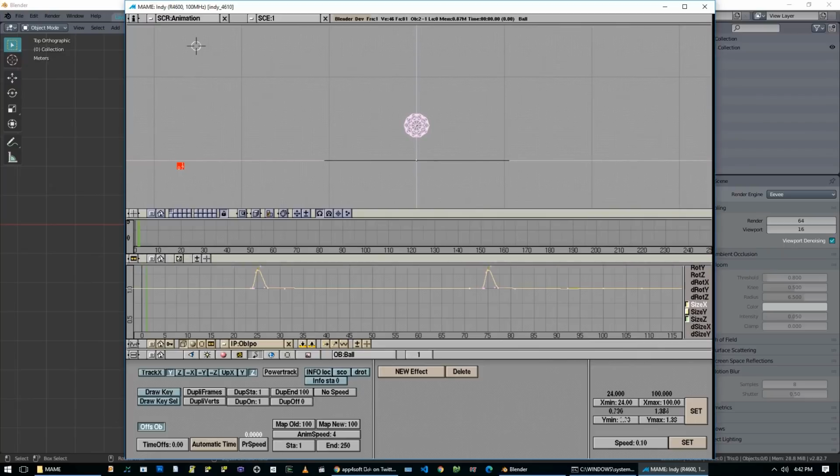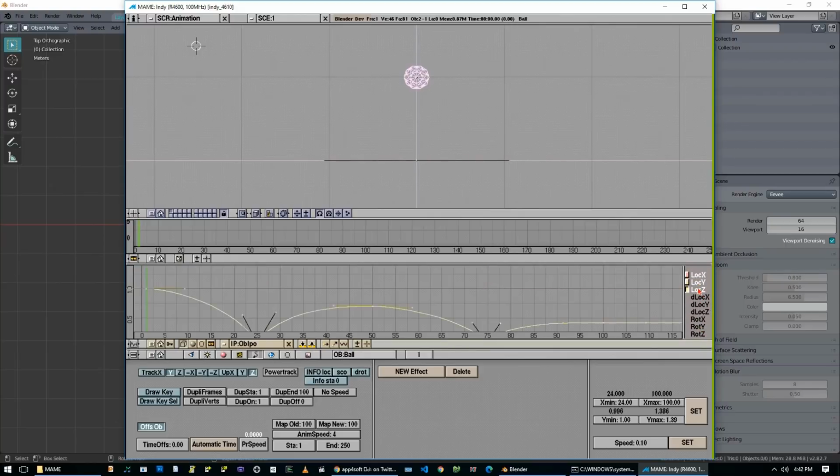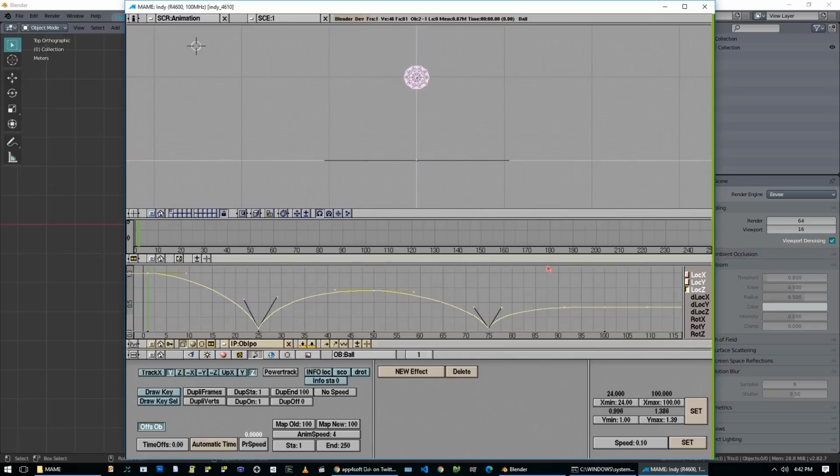All right, so there's one last thing I want to do is make it move left to right. So let's go to the first frame. I don't think I have any keyframes. Well, I think I have it. Yeah, I have a location keyframe on this one. So let's turn on our location things. Okay, so this is the Z, the yellow line, is the vertical bounce location,